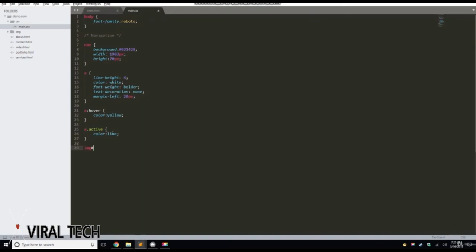So we're going to do image hashtag logo. So the hashtag is an ID. So we're going to do margin left 402 pixels. We're going to do a margin right 20 pixels. And we're going to do a margin top 14 pixels. Okay? So we got all that. And we're going to give the